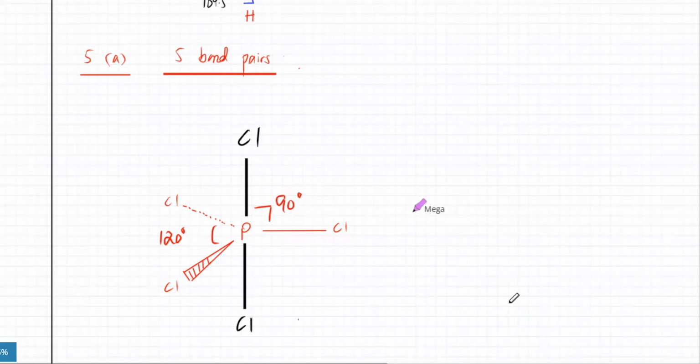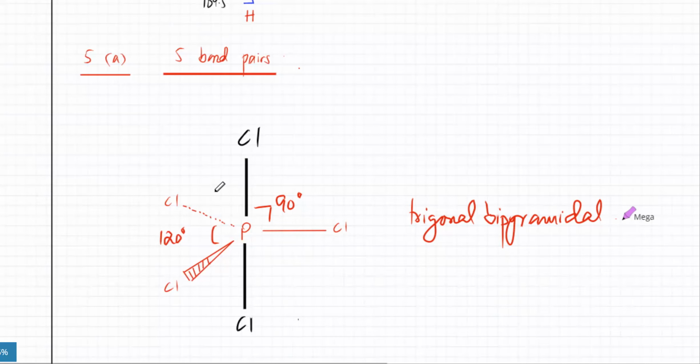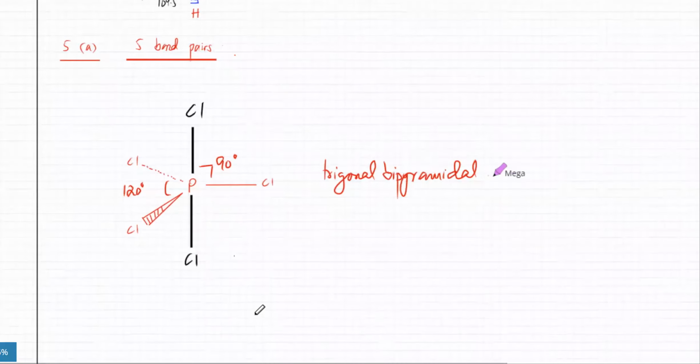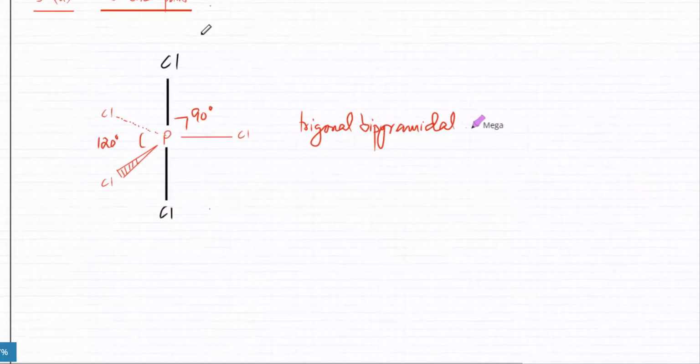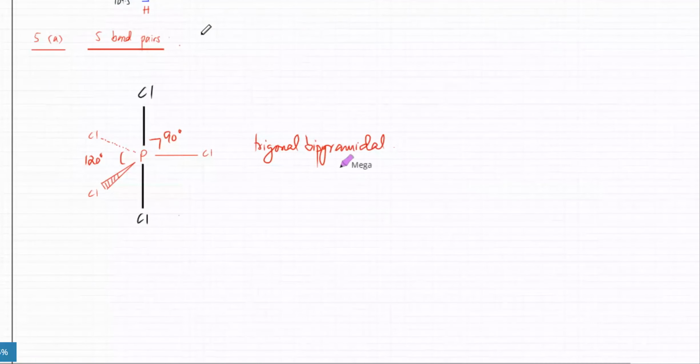And this is going to be called trigonal bipyramidal, which is this shape. There's a fan, one bond on top and one at the bottom. They're all repelling each other. So these 3 are as far away from each other as possible in a fan shape, and one bond on top and one at the bottom. So that is what 5 bond pairs will give us, and there are going to be 2 angles. There are other versions of 5 bond pairs which we don't need to do because they've never actually asked any questions on that. We can jump to